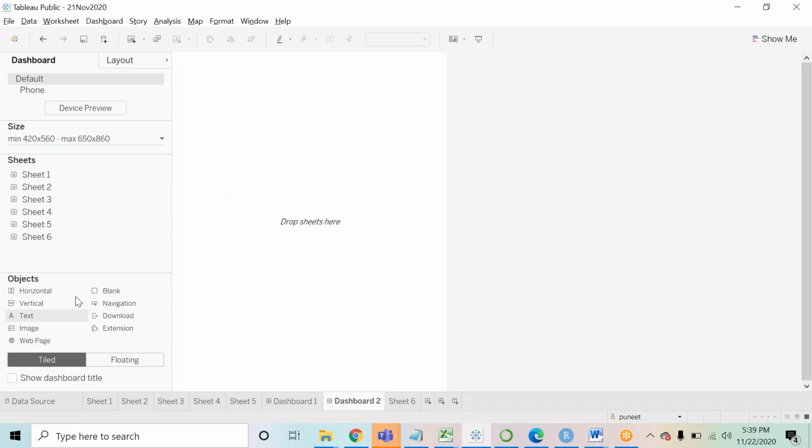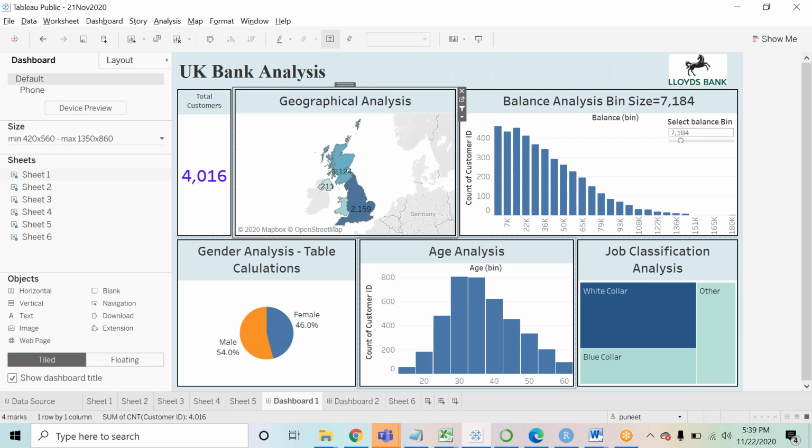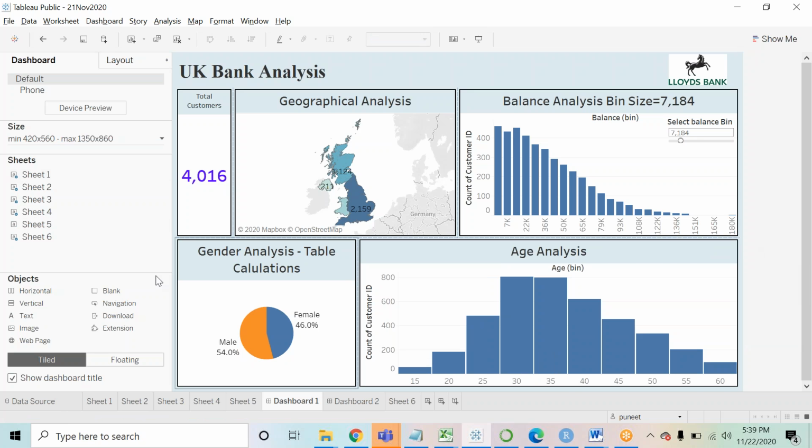If I add another dashboard, now what I'm doing is let me just remove one of the charts from here. Let me remove the jobs classification analysis from here. I'm just removing this chart. So I have just kept the chart like this. On the dashboard too, what I'm doing is I am keeping this chart as